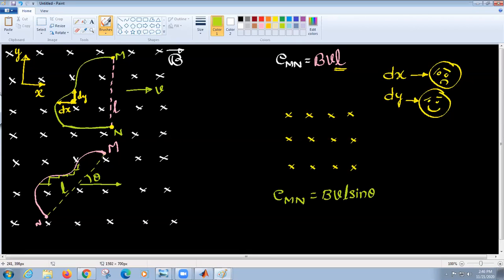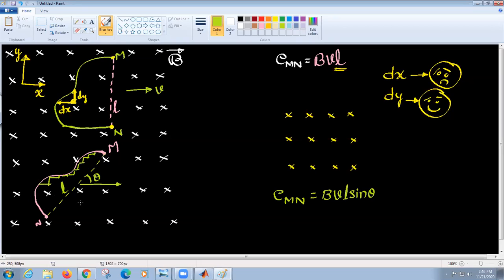Slope values may be different because the shape is varying in its course of travel, so slopes also will change within that particular segment. We are not going into those mathematical details, but it's mere common sense that we can say this is BVL sine theta.